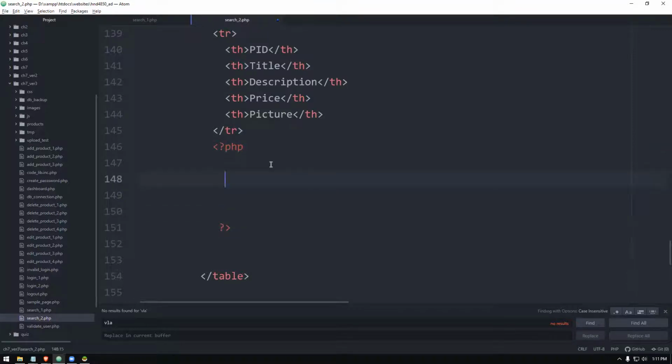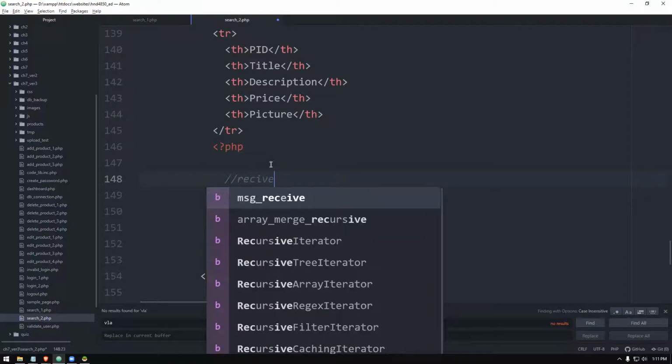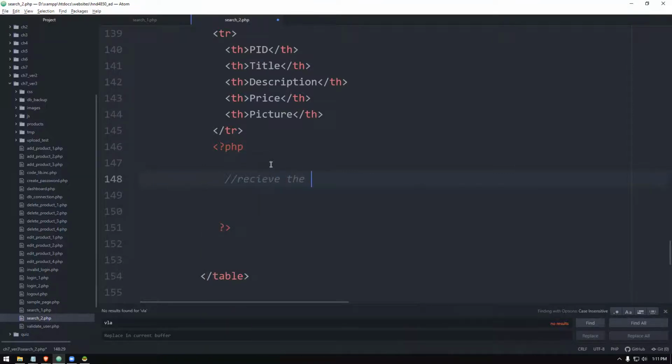First of all, what we'll say, receive the search by and keywords. So we'll see how we can do that. So first of all, search by. I'm making a variable called search by, and I will receive the value from the request array.